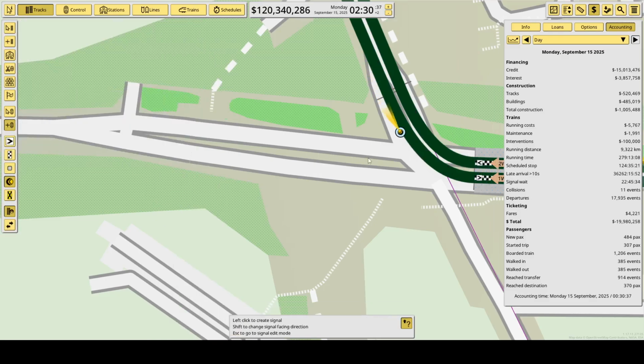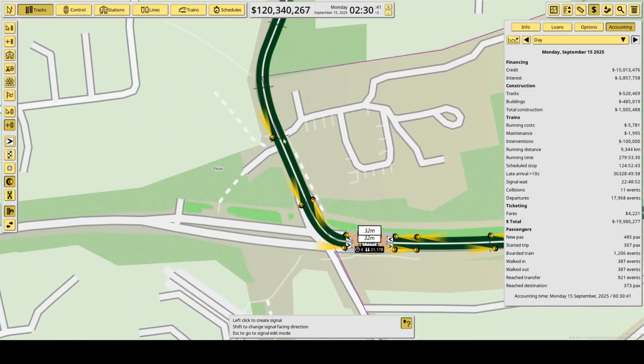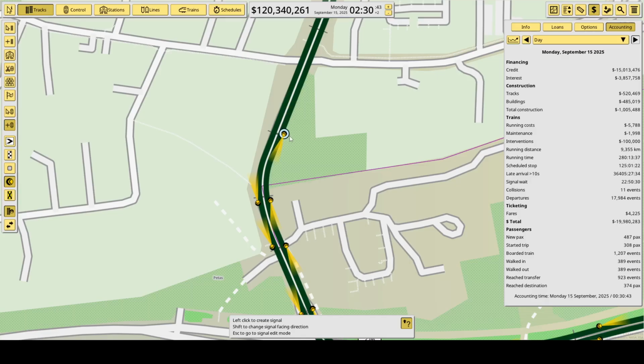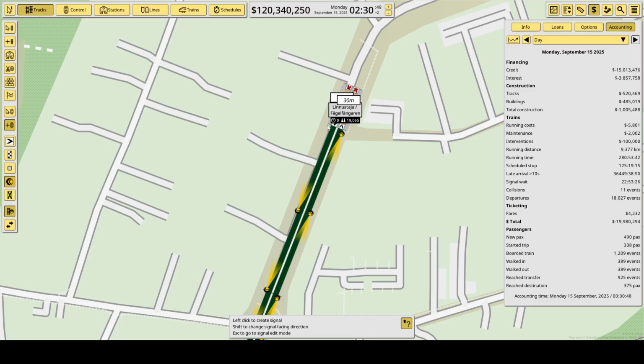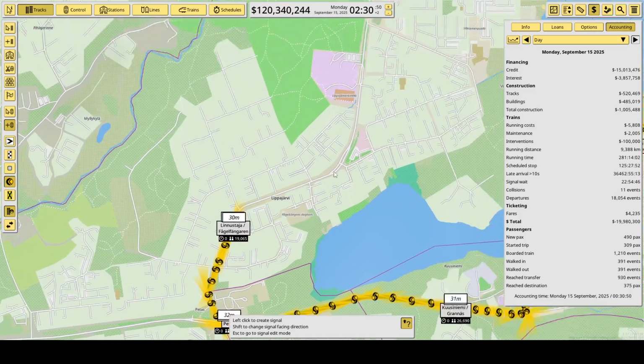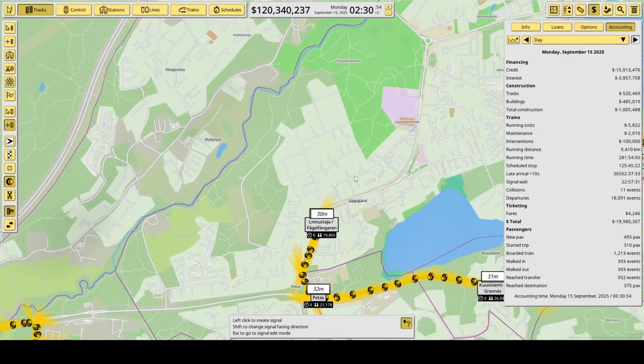There we go. After Linnustaja, we will then stop at Kolkeranta, Klappstranden,